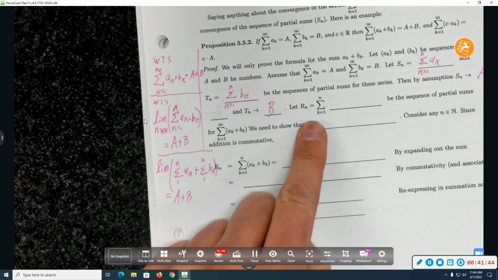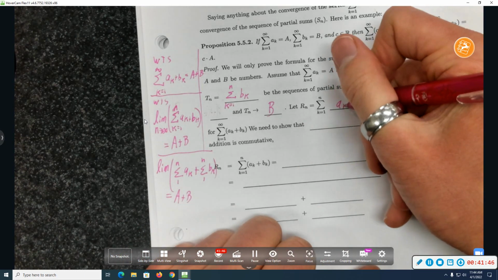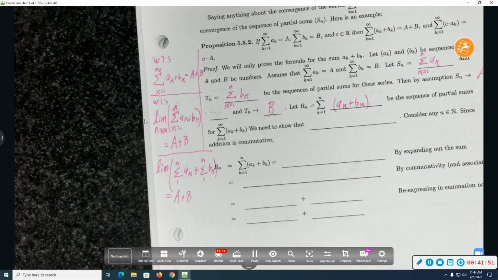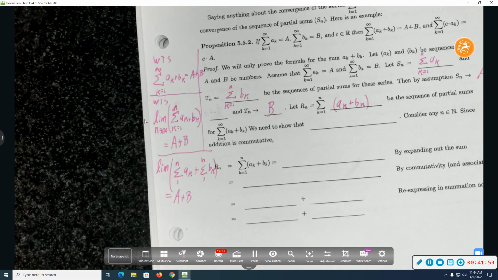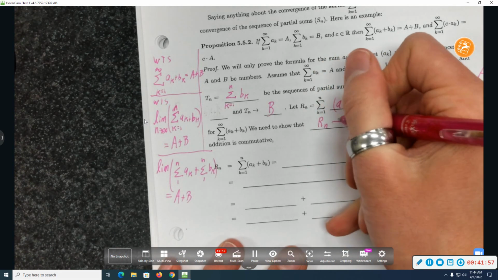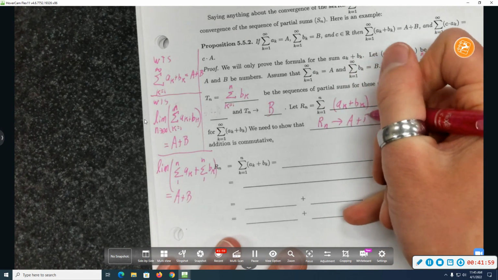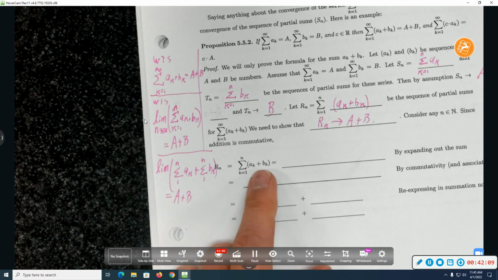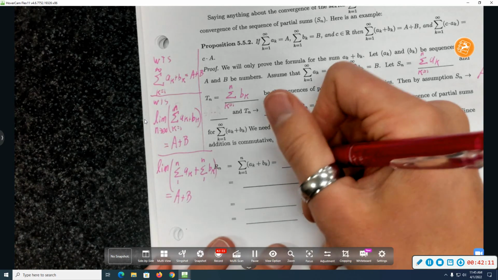I want to show something about the sequence of partial sums for ak plus bk. So let's let Rn be the sum from k equals 1 to n of ak plus bk, be the sequence of partial sums for the ak's plus bk's. I need to show that Rn converges to a plus b. That's what I need to show. And let's try to show that. Let's do it by just exploring what Rn is. So Rn is that sum. If I expand it out,